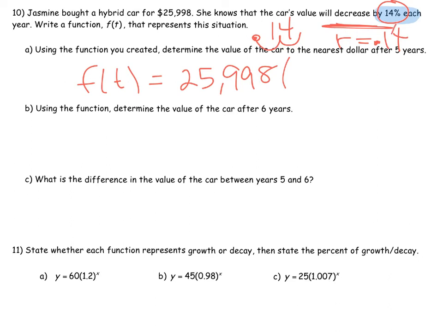Okay, and because we're talking about a decay, we're going to be using 1 minus 0.14 to the t. And it's asking you to use that function that you created to find the amount after 5 years. So I'm just going to plug in t to be 5. So when I plug in t to be 5, I end up getting, let's see,